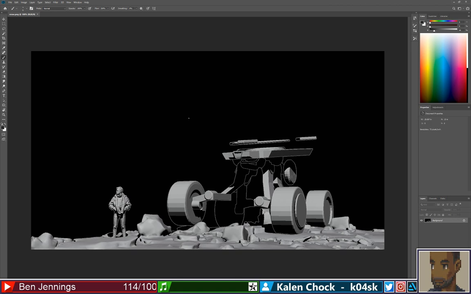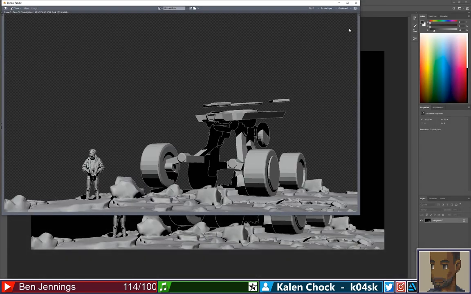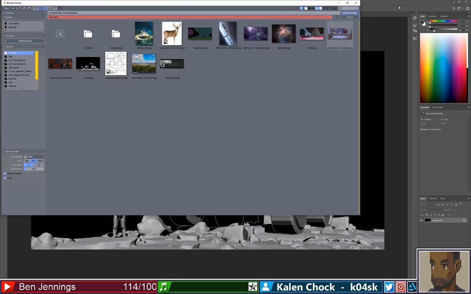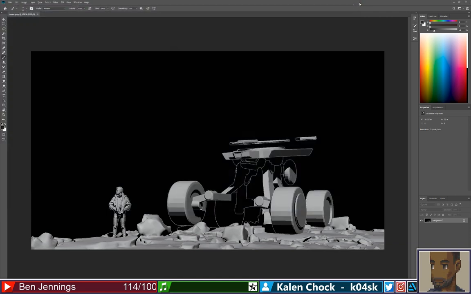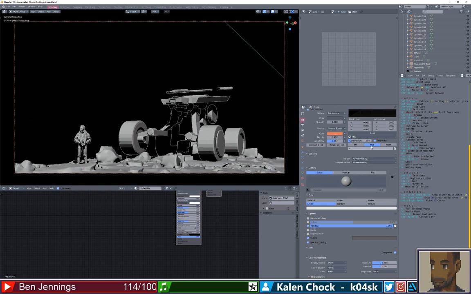Now, why didn't it save a transparency is the question that I'm trying to figure out, the question of the day. Oh, well, maybe this is why. Color and alpha. Okay, image save as. It's PNG. Am I missing something here again? I feel like I'm always missing something.